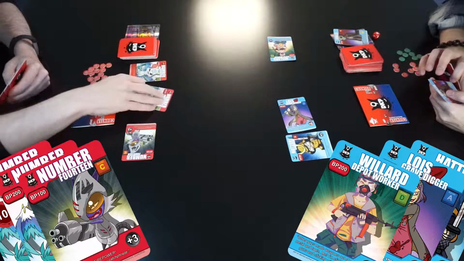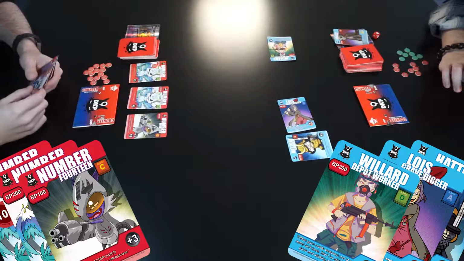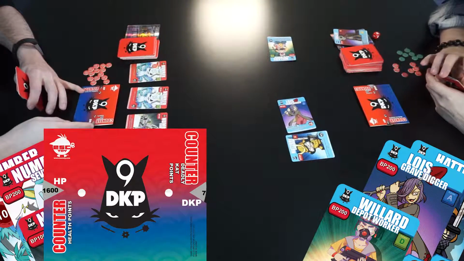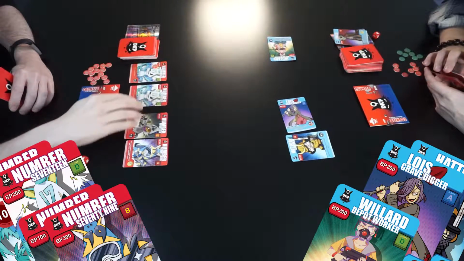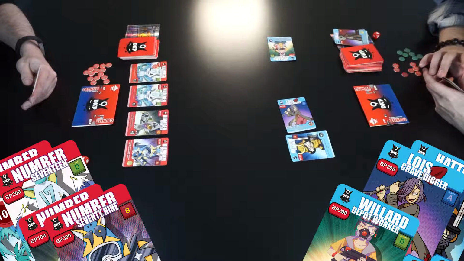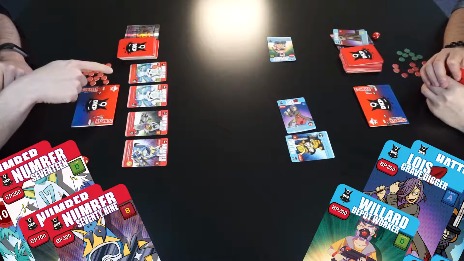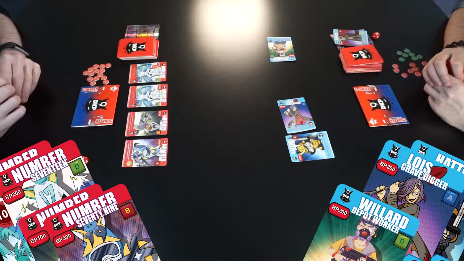Great. So all of my guys wake up. And I will play number 79, which puts me up to 8 DKP. And the thing to point out here is that number 79 actually has a special ability in an instant, yellow gem, that says he comes out avoiding catnap state. So he does not have to go into catnap state. Actually, let's see, 2, 3, 4, and 7. I am going to...